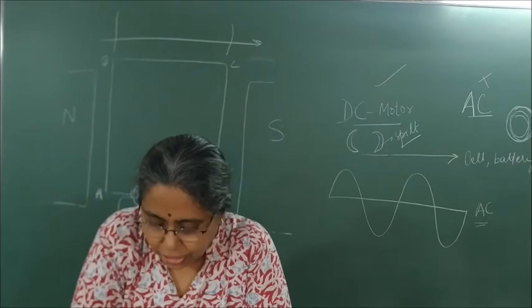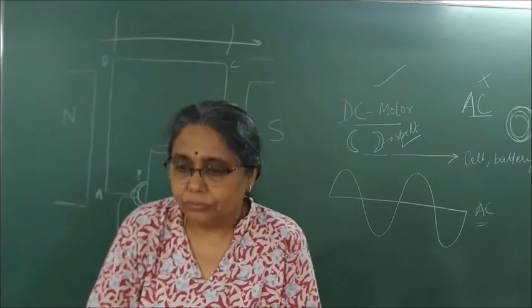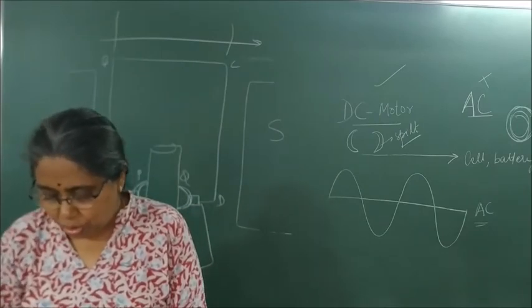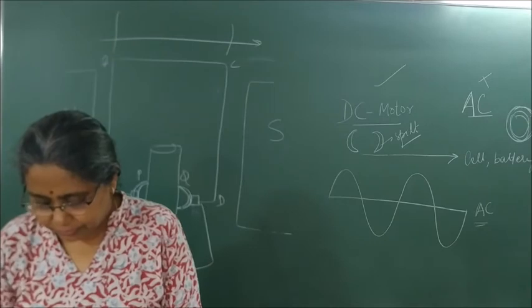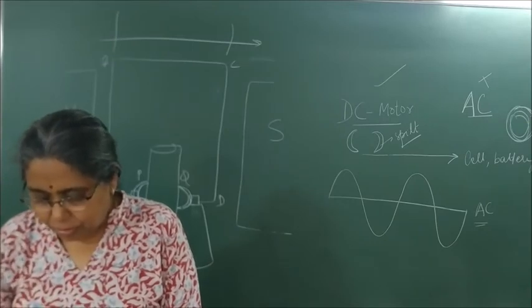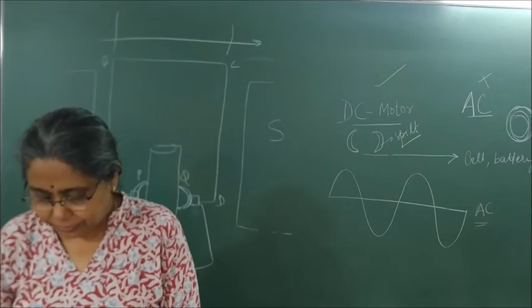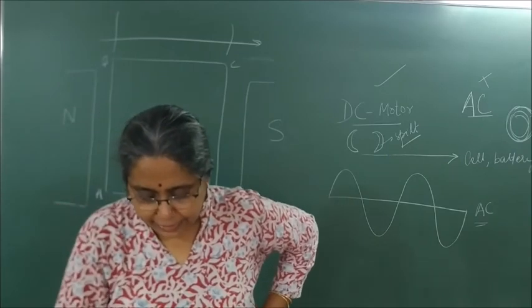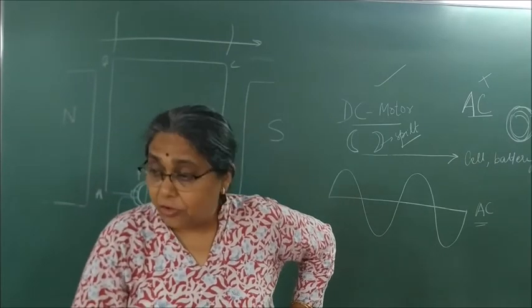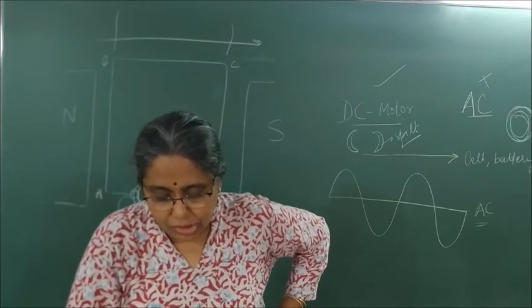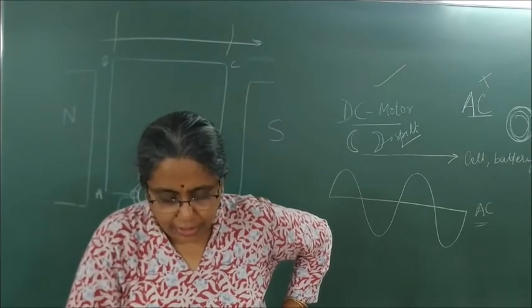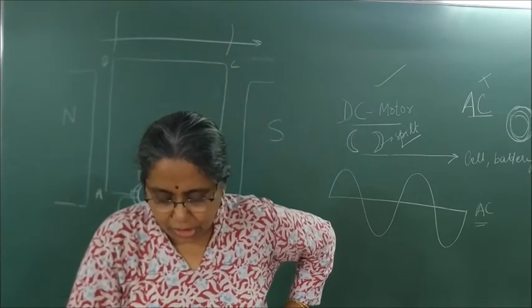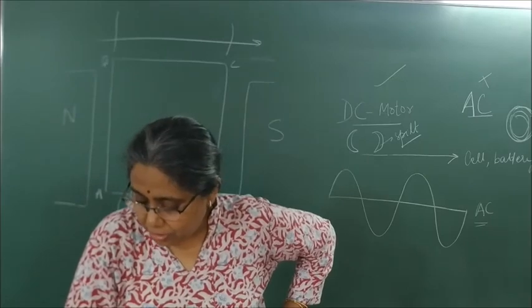What do commercial motors use? Okay, first write this one. What does the commercial motor use? So underline. It uses an electromagnet in place of a permanent magnet. It has a large number of turns of conducting wire in the current carrying coil. It uses a soft iron core on which the coil is wound. Correct all the three?